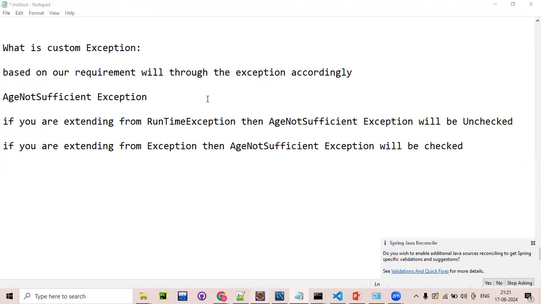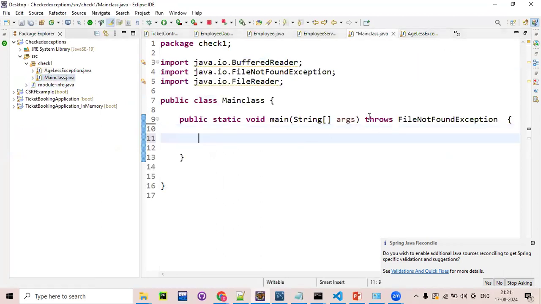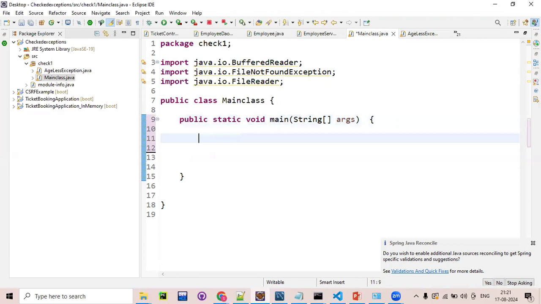So in the main class, by using the Scanner class, you read the input. Scanner sc equal to